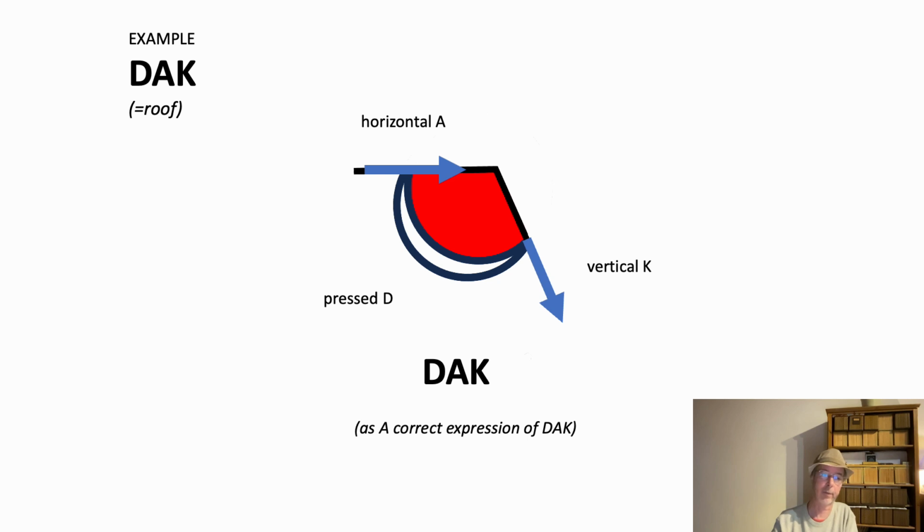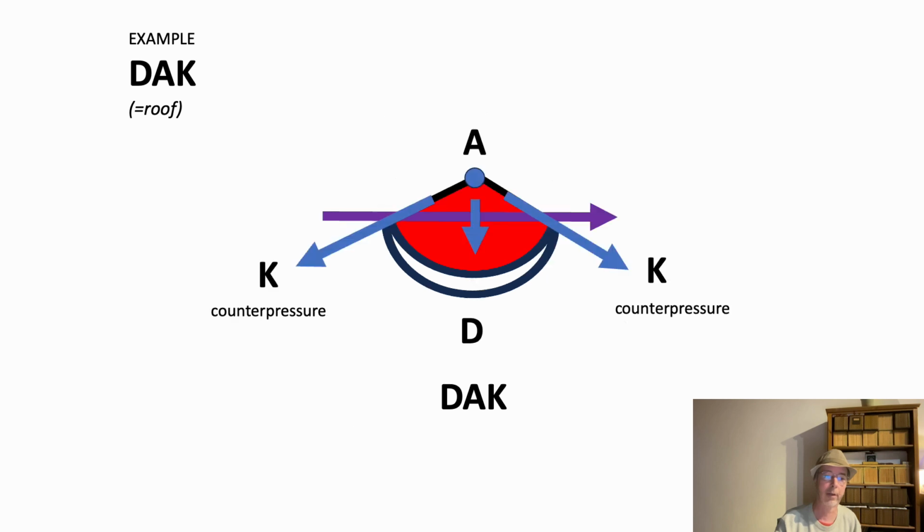So it is already the expression of DAK. The pressure is in the corner. It is in a corner. It is pressing up. It's not a real pressure, but it is finding also a solution for the pressure. So it's in two ways. It's not just one pressure. It's in two ways, and that's with the A in the middle. You can even express it like this. There is the plane of the A, which has a pressure in it, and there's a counter pressure in it with the K, and this pressure is